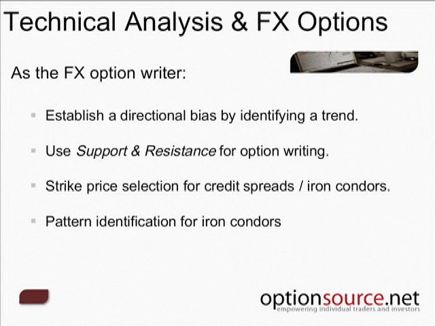Well, how do we know if it's range bound unless we take a look at the chart? And I'll show you an example of that here in a few moments. The idea is that if we can identify a key resistance level, if we can identify a key level, and those levels have been very well respected for an extended period of time, ultimately, what we can do is look to implement these